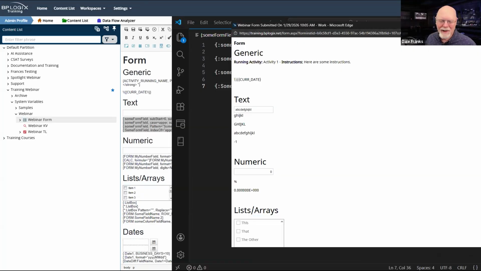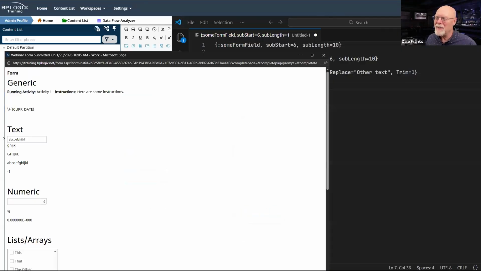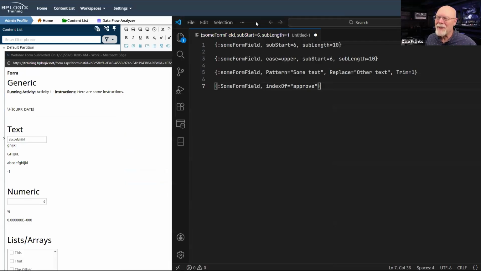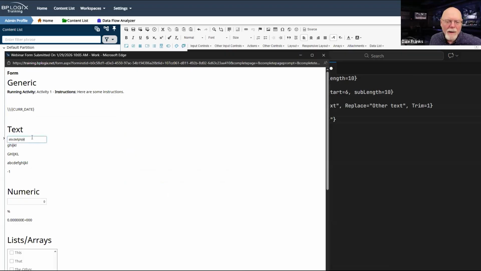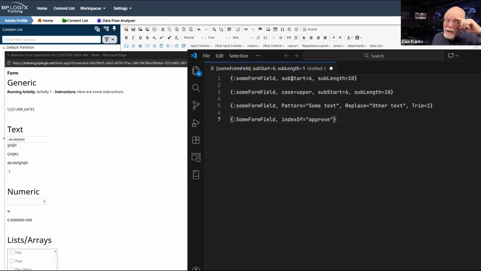Well, okay, we're going to have to move things around so that I can see 3 different screens at the same time here. So in my form, I've got this text, A through L. It's the alphabet. So the first thing I am doing is trying to find some specific text.